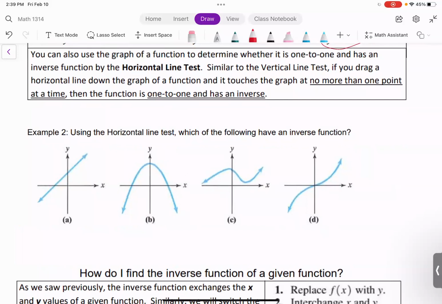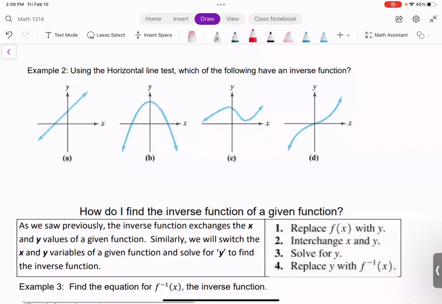Let's see. It's very similar to the vertical line test. We need to draw a horizontal line. Let's see the first one, using the horizontal line test to see if it has an inverse function. Let's test if it is a one-to-one function. If I have a horizontal line and I have only one intercept, that means it is a one-to-one function: one y, one x, for any intercept. If I have a horizontal line with two intercepts,